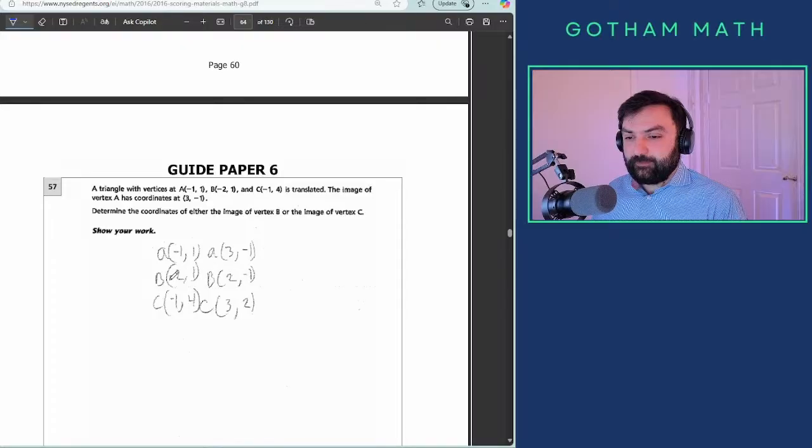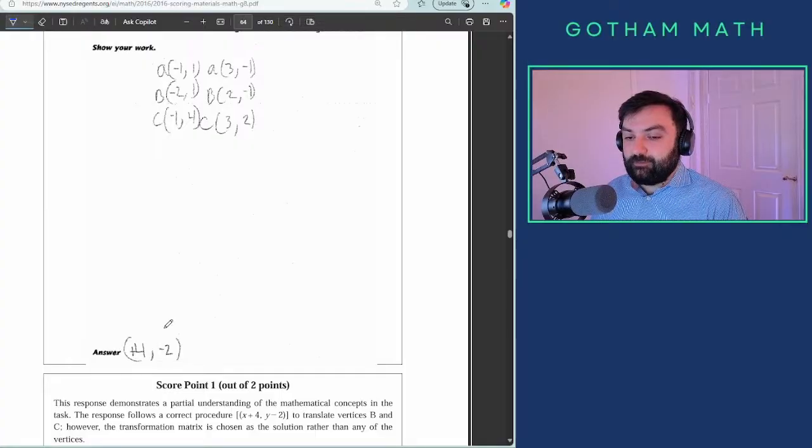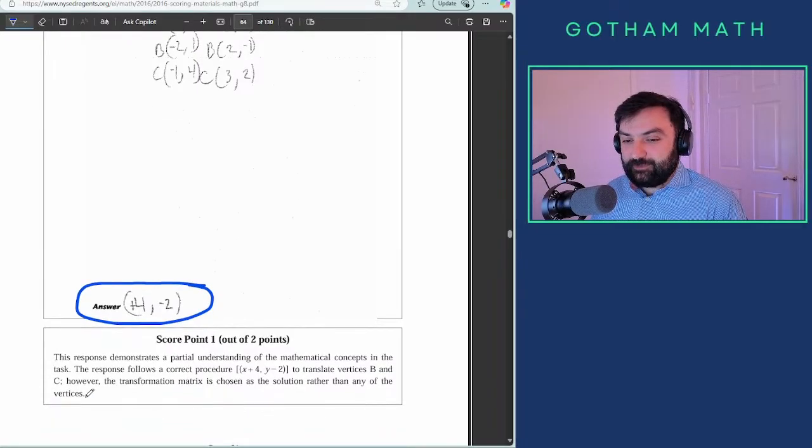Okay. So this, I think it's almost right. I think it is right. So why is there nothing? Maybe because it didn't state how it became that. But if all coordinates are correct, then I'm surprised. Oh, interesting. The response shows a partial understanding of mathematical concepts in the task. The response follows the correct procedure to translate vertices B and C. However, the transformation matrix is chosen as a solution rather than